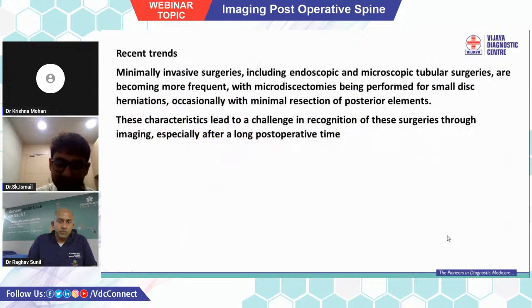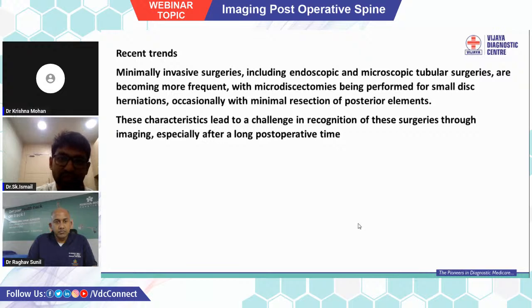And there is a recent trend with increased intraoperative monitoring, and an increased trend towards minimally invasive surgery, predominantly endoscopic and microscopic tubular surgeries. The main aim is to reduce the soft tissue dissection as much as possible, and to preserve the posterior elements as much as possible. Because the resection or the soft tissue or bony manipulation is very minimal